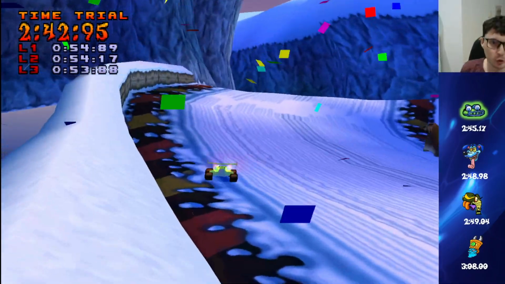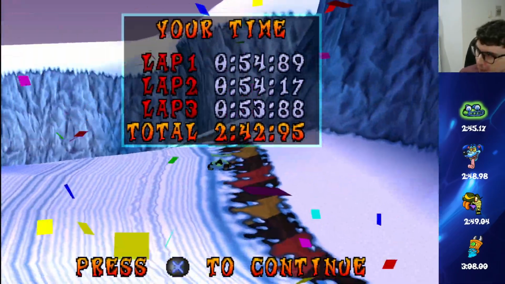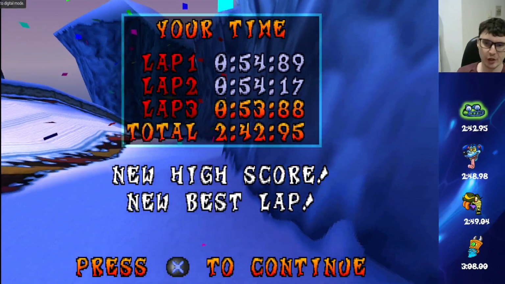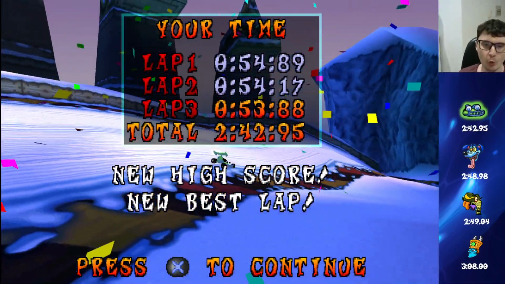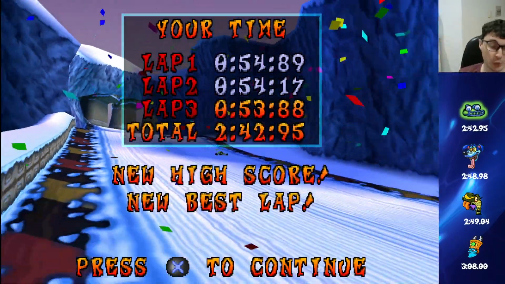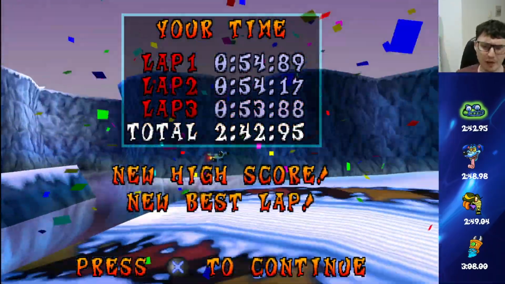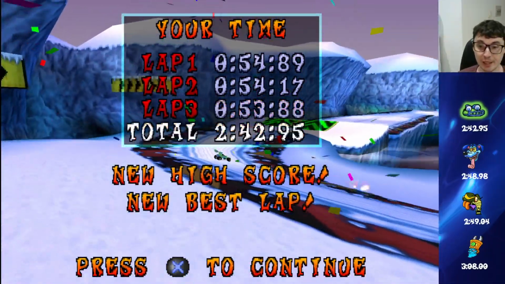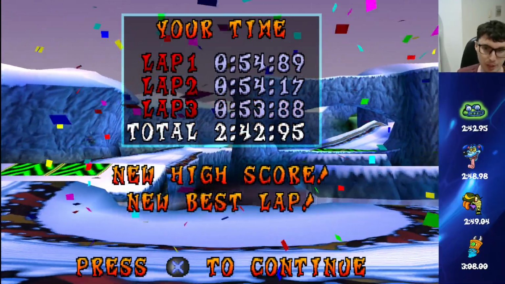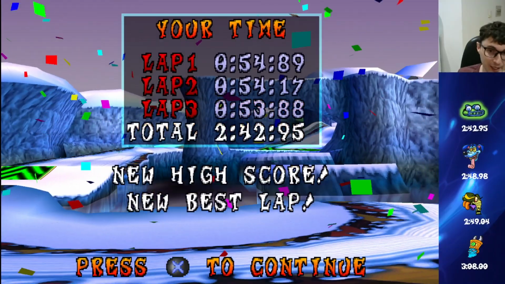Bang! Yes, 24295. Much better. So what I figured out is that if you let the opening cutscene play at varying degrees of length, it determines where the seals are going to end up. So if I skip the opening cutscene almost immediately, then the opening seal is almost always in my way. But if I let it play for a couple of seconds, the seal would be well clear,